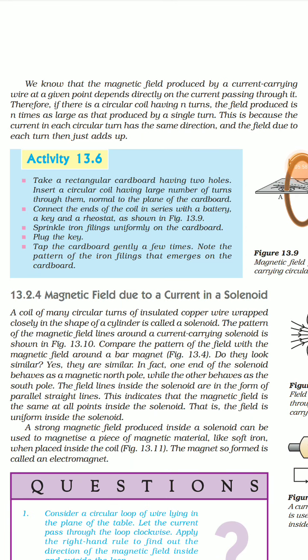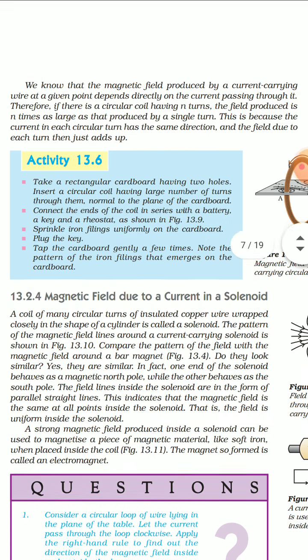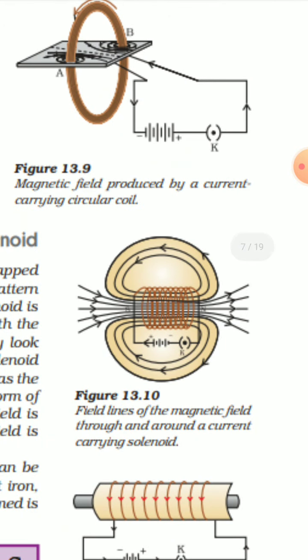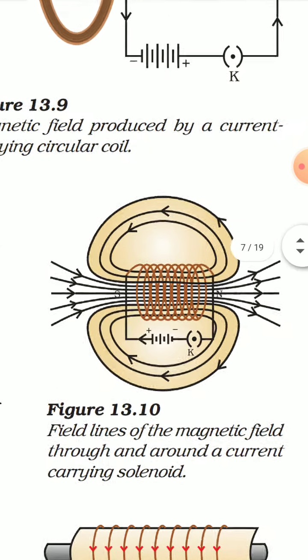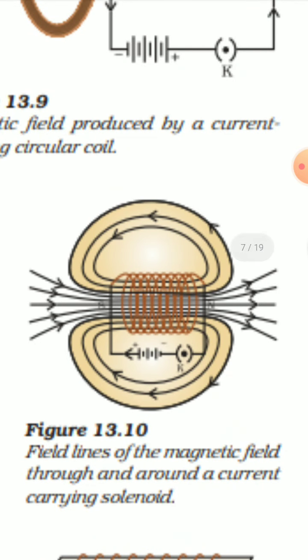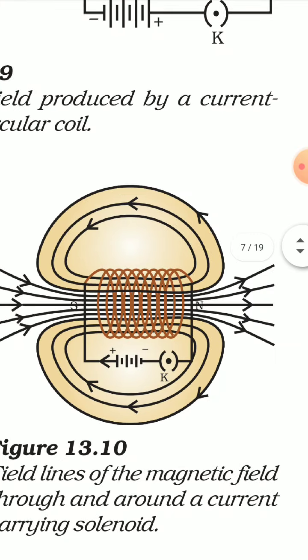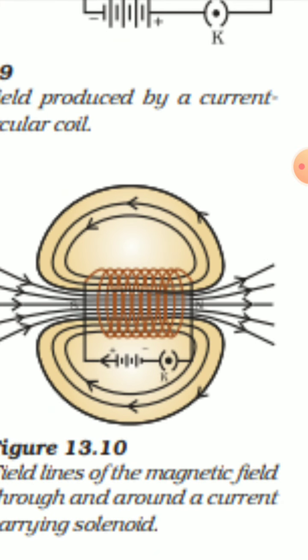Now see, you have seen the magnetic field around a solenoid, and you can compare this pattern with some other magnetic field. I hope you have remembered that this kind of magnetic field pattern we have already seen in the bar magnet. Whenever we have a bar magnet, we know that the magnetic lines start from the north end. You can see the north end over here. The arrows start from the north end and they end at the south end.